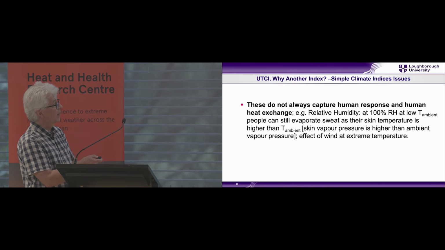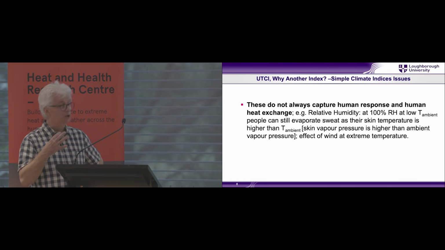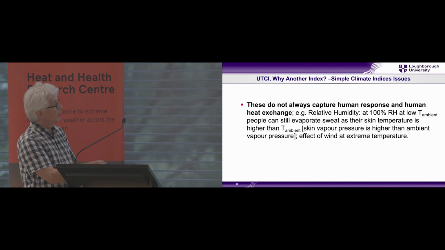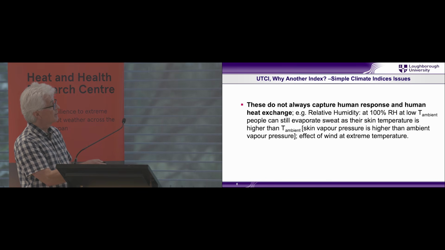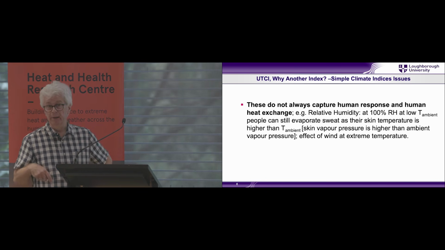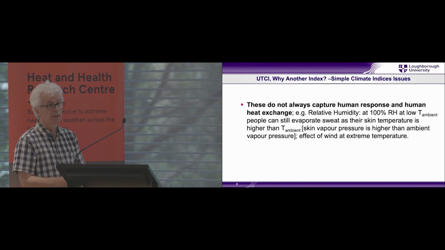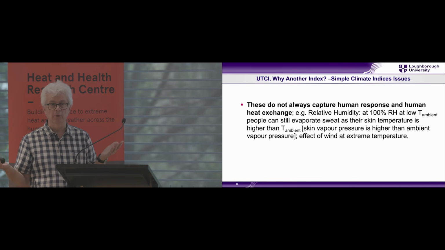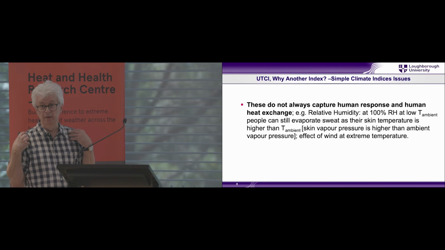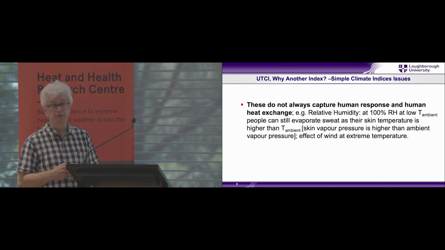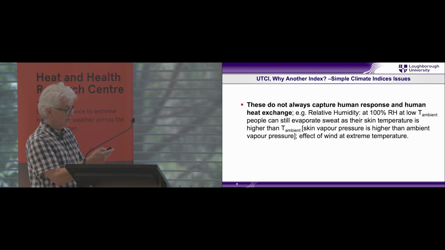A simple one, for example, relative humidity. If you have this sensor, whether it's the natural or psychrometric wet bulb, it might show you 100%. And what the difference is between the instrument and a human. If the environment is 15 degrees, 100%, we can still evaporate sweat, no problem at all, because the vapor pressure on the skin is higher than the vapor pressure in the environment. So that's one of the things that sometimes can go wrong.